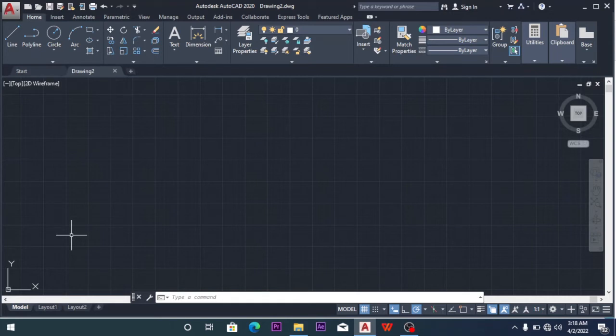The first time you launch this software, the unit is in another unit, actually not the one you prefer. So what you should do, you have to set the units to the ones you actually want to work with. So for me to do that,